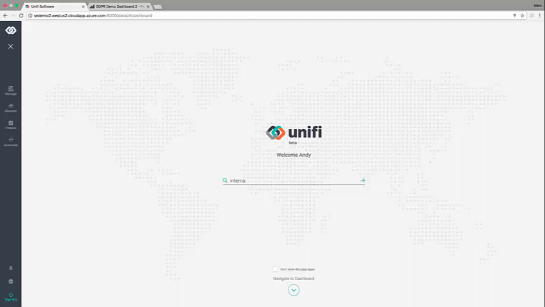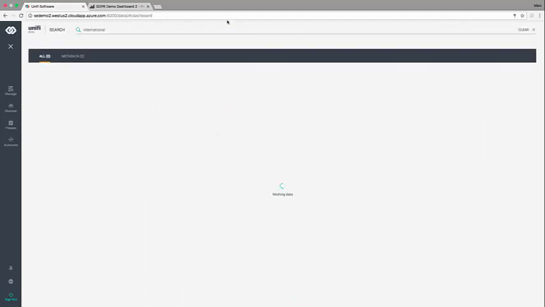I'm just going to type in, really just need a single word here, international, and see what data sets might be out there to help me with my analytics. I do see that there are 2 data sets, international customers and international sales. Both of these are grayed out though, and you can see that the lock on the left-hand side indicates that while I can see these data assets or these data sources, I currently don't have access to them.